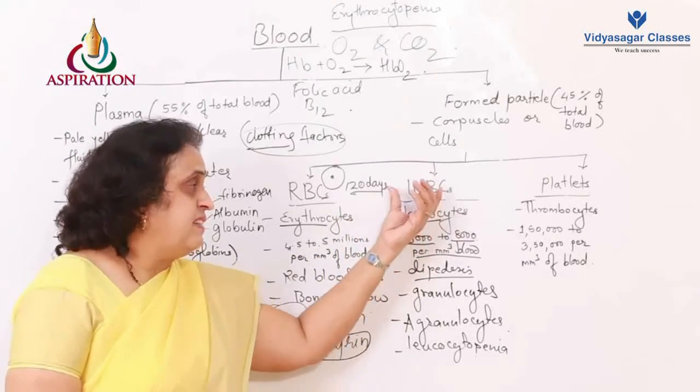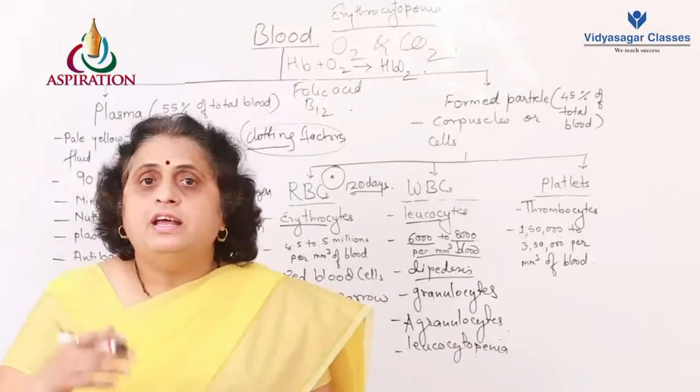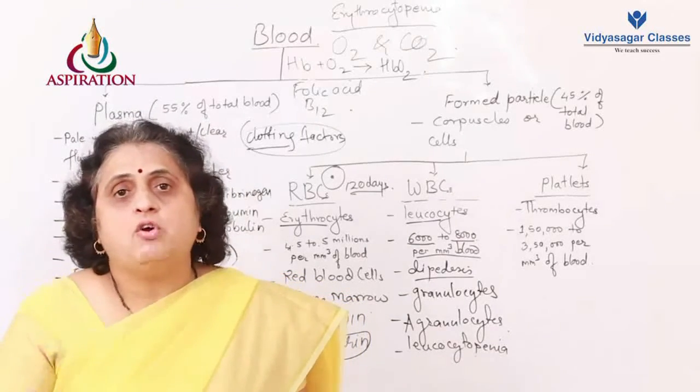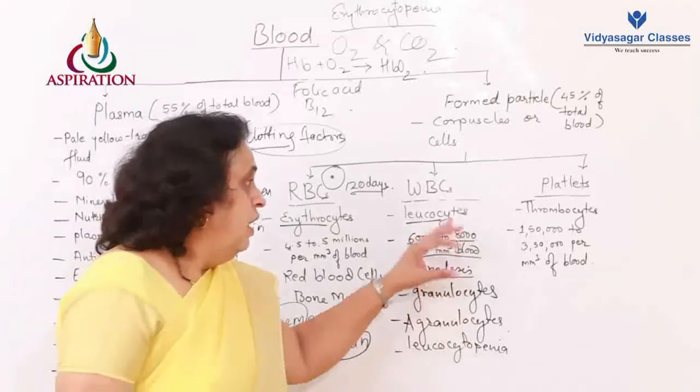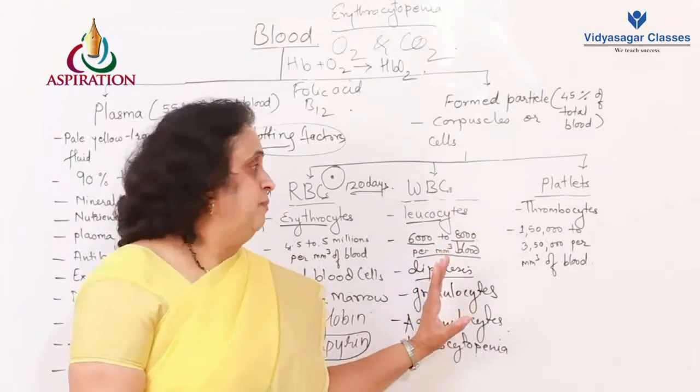Now, WBCs don't have a specific lifespan; they can be destroyed as they interact or undergo phagocytic action. That is what we have to do about the WBC in detail in the further part of the topic.